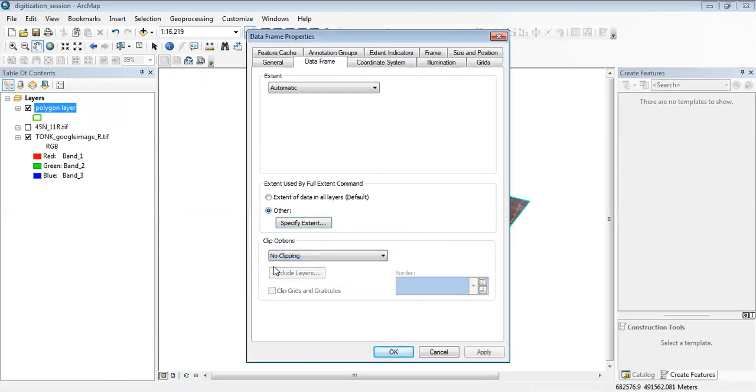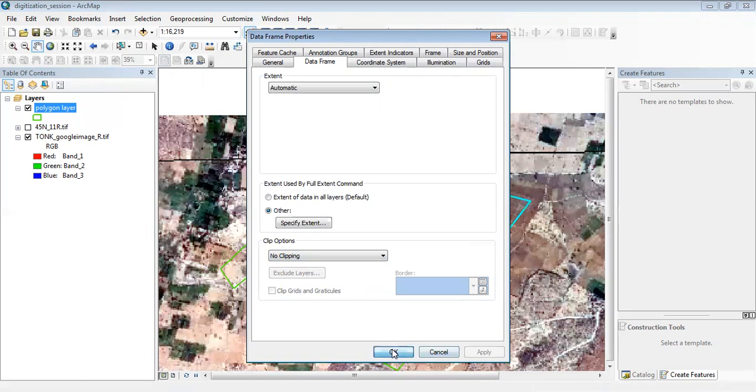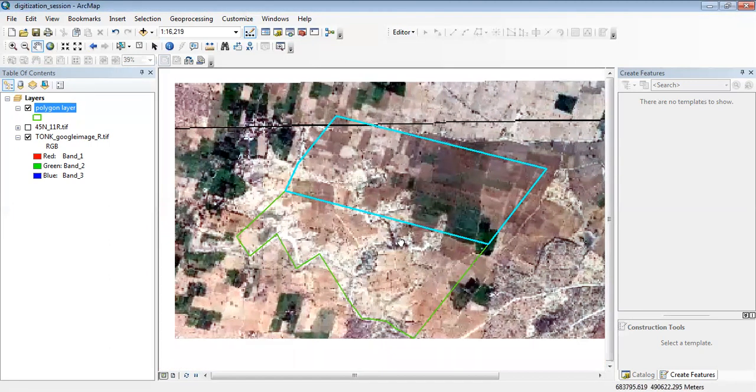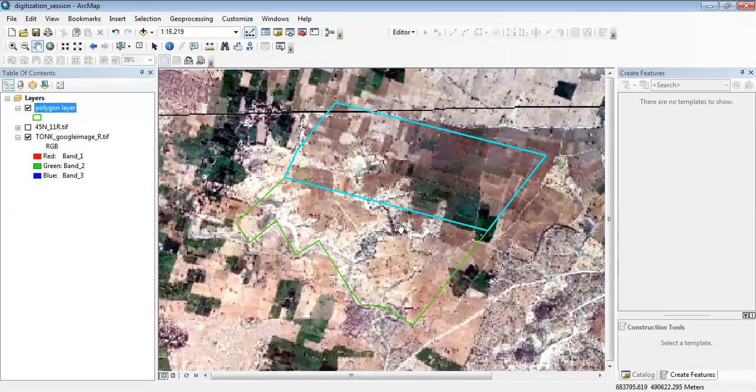And then apply. In this way you can see there is no actual clipping in our raster or in our polygon layer, but this clipping method is used to create multiple maps using a single raster image as well as a single shapefile.